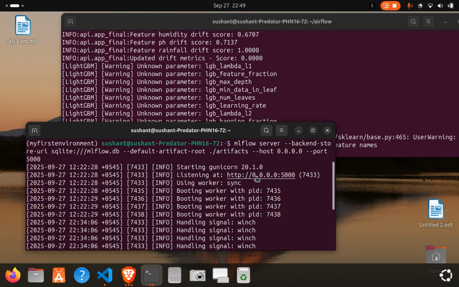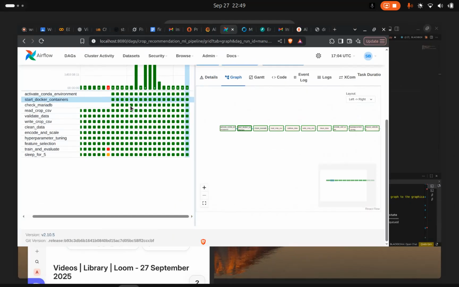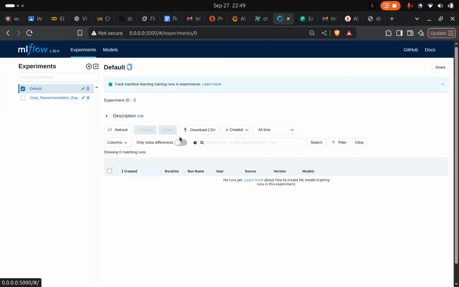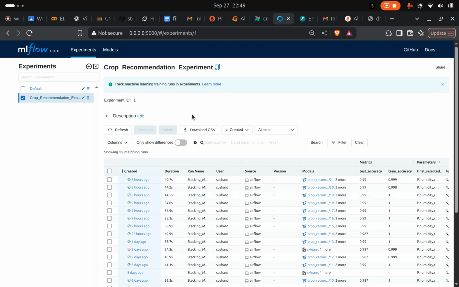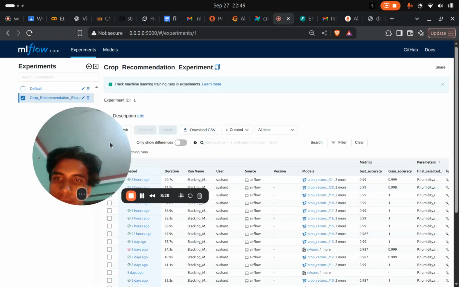Inside this HTTPS address we can see our MLflow server, which looks like this. This is where our models and experiments get inserted, and our latest model was trained